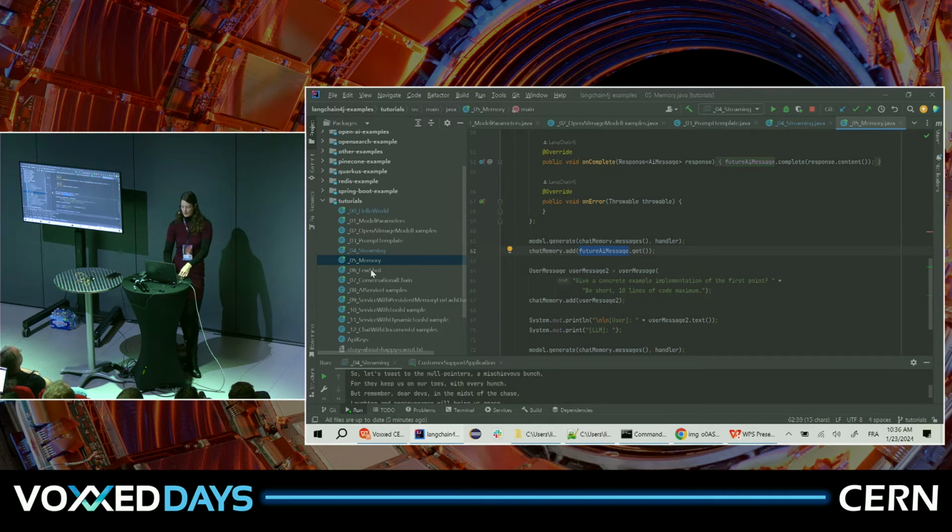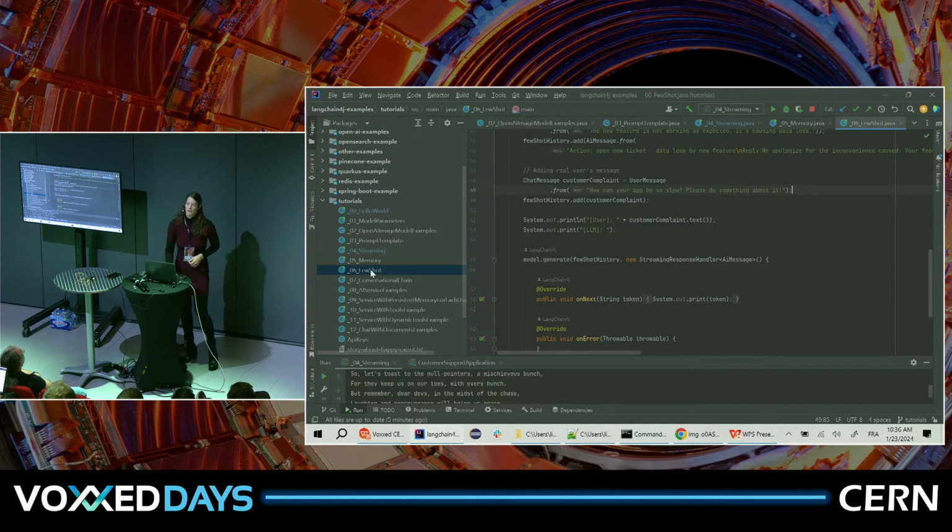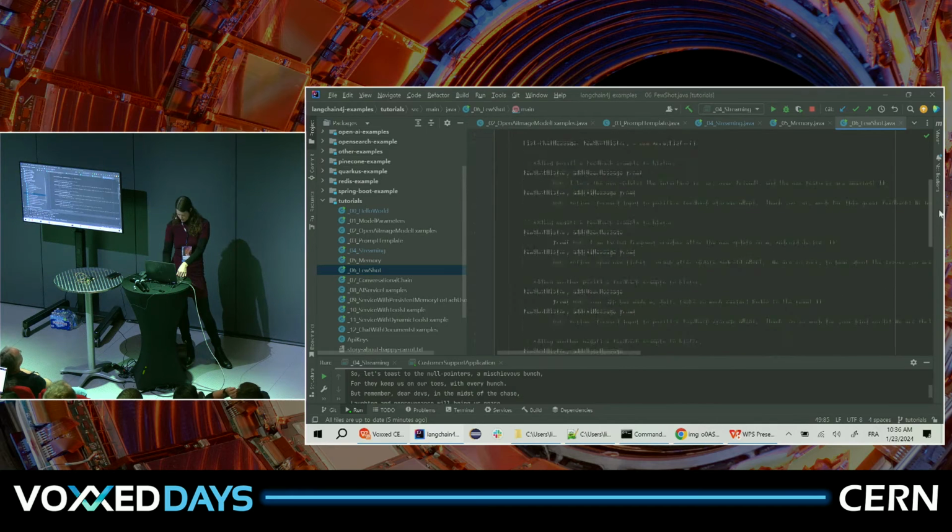Now there's a very nice way to abuse this memory, and it's called the few-shot technique. So instead of fine-tuning a model, which is very costly, to do exactly what you want, you can actually show it an example of what it should do and pretend it has been behaving like that before. And then it will behave like it has been behaving before. It looks a bit like this.